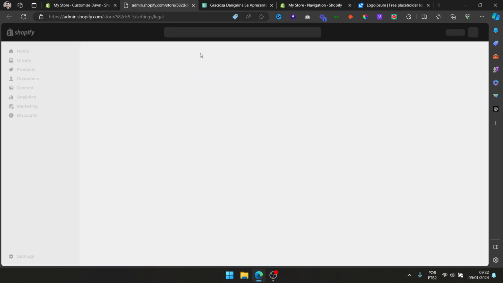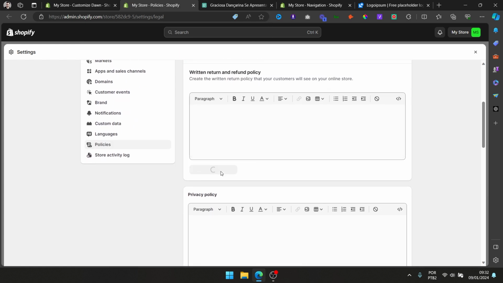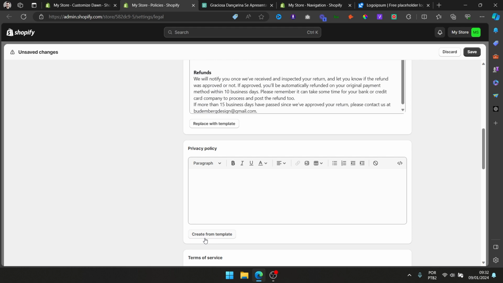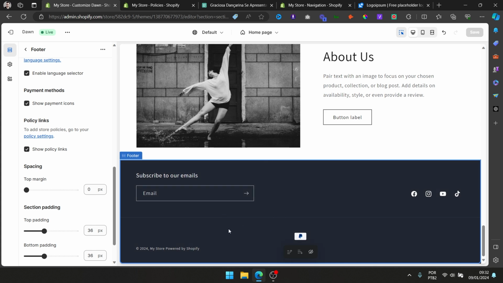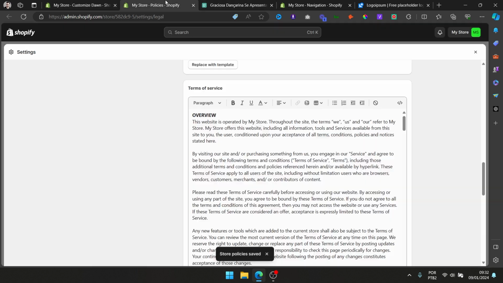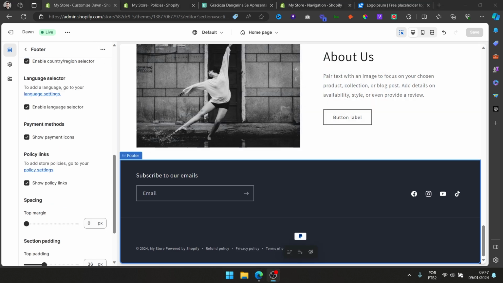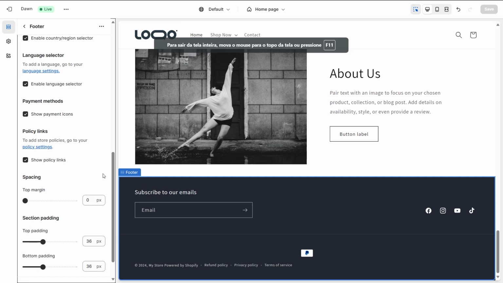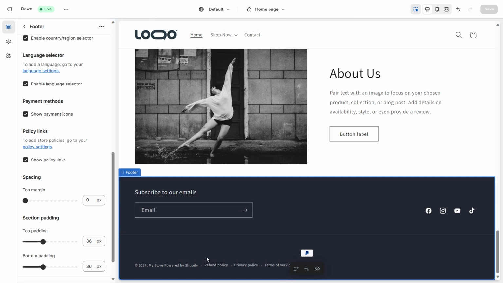If we click policy settings, you can create some policies from template. Hit save, and then they will be showing right here. Right now it won't because I just saved it, but you can do this. And here, if I click on policy links, you will have all of your policies right